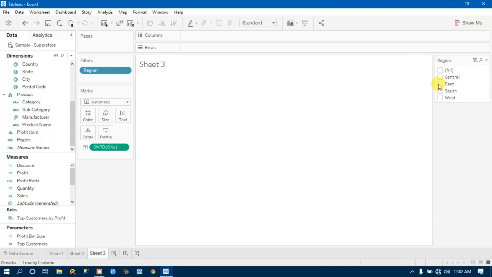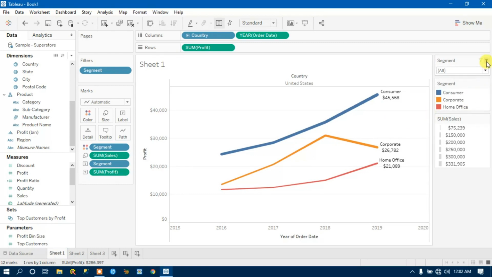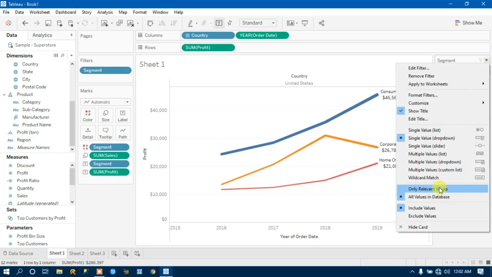On the east I have 108, in the south region I have 125 cities, and in the west I have 169 cities. So in order to view this, the two options, relevant values and all values in database, I will show you how it works, right?